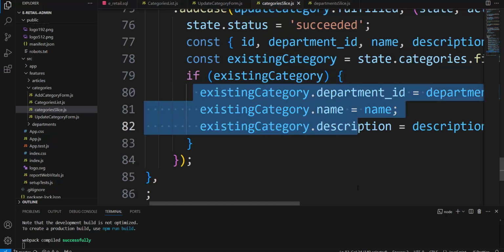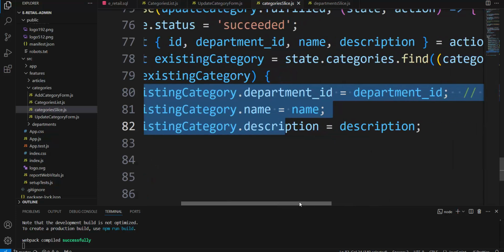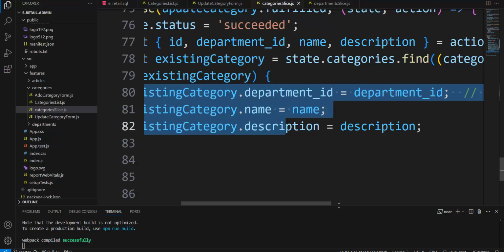We change all: the department ID, name, description, and after that we must have re-rendering,